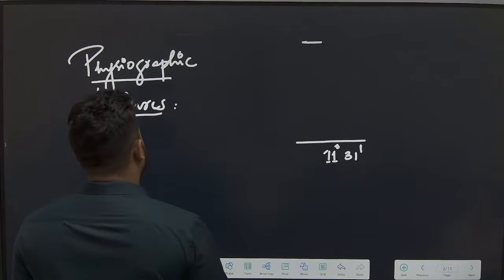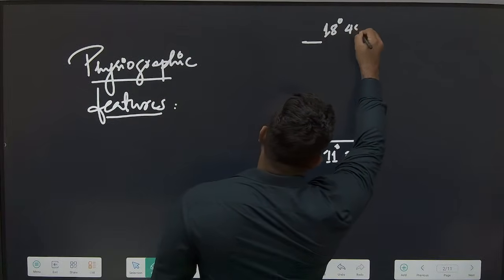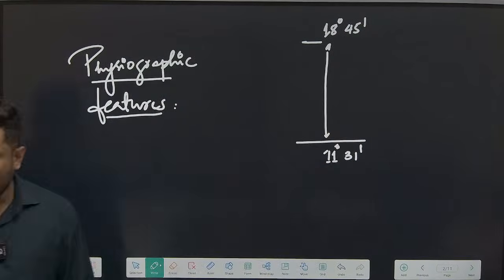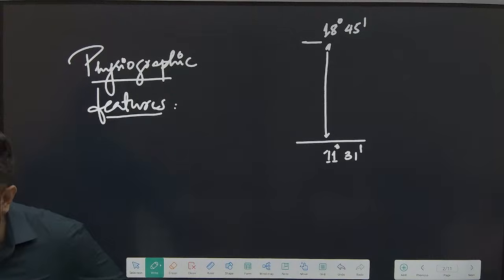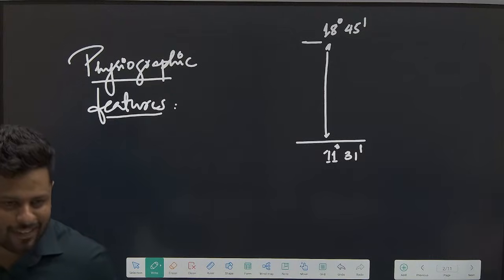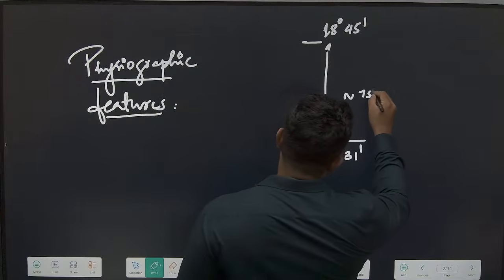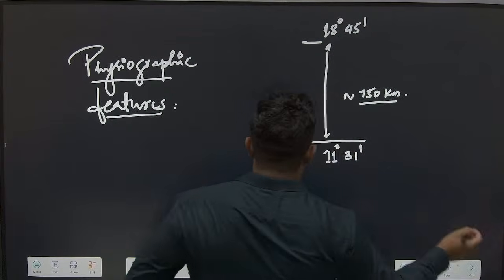11 degree 31 minutes to 18 degree 45 minutes. This is the north-south extension of Karnataka. How many kilometers? 750. Okay, approximately 750 kilometers of north-south extension. All right. And